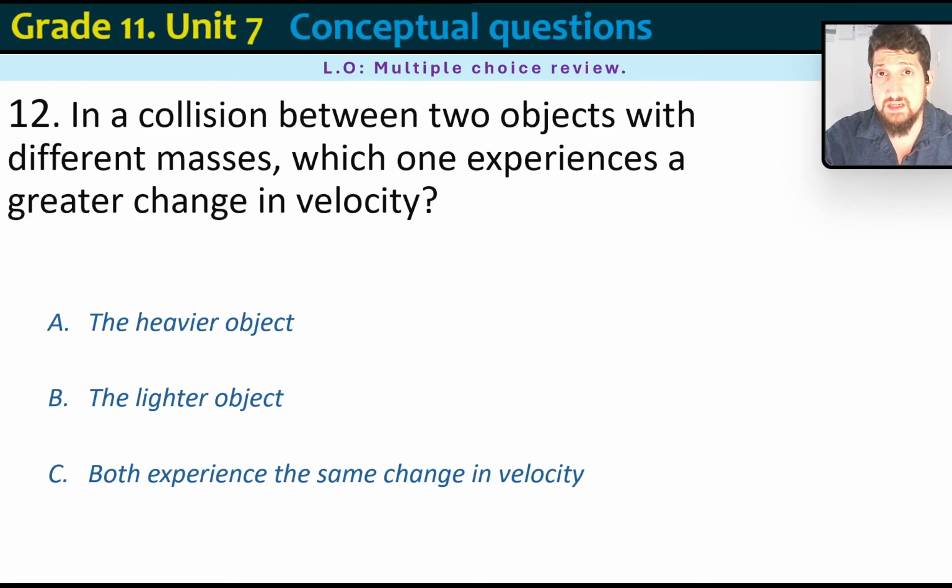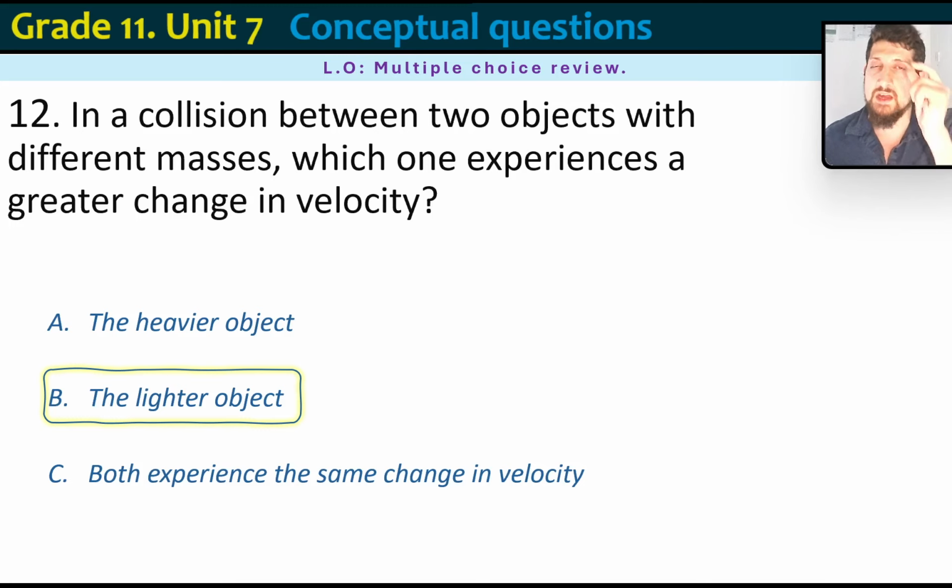Now the train is very heavy. It weighs about 10,000 tons. Maybe not quite, maybe 1,000 tons. Well, the bicycle maybe has a mass of 30 kilograms. Obviously, if a train hits a bicycle, the bicycle is going to go flying. So the lighter one is going to experience the greater change in velocity. Here's an extreme example: a car is traveling on the road and it gets hit by a small tiny bug, a fly. Which one's going to experience the biggest change in velocity? The bug, obviously. The car won't even notice anything.